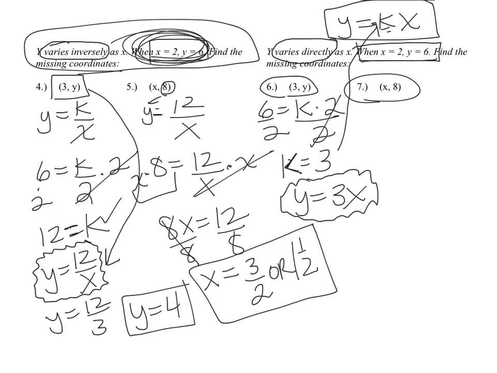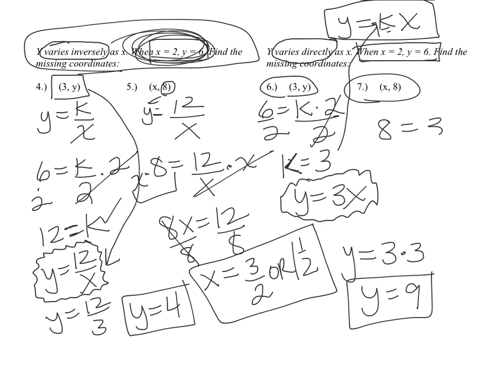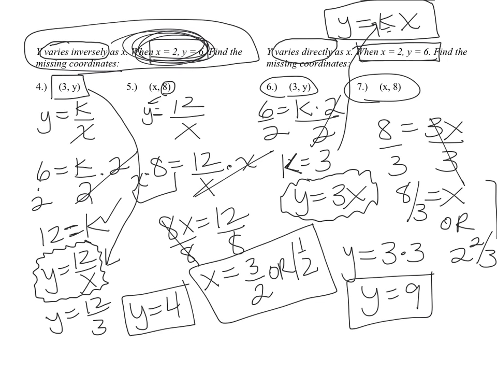So now take the 3 for number 6. We're going to take the 3 and put it in for x, right? So I'm going to say y equals 3 times 3. So you get y is equal to 9. And now I've answered the question. Number 6, the answer is y equals 9. For 7, we're going to take the 8, put it in for y, and solve for x. So we're going to say 8 equals 3x. Divide both sides by 3 to get x. Again, you have a fraction. So you get x equals 8/3. It's already simplified, or you can say that is 2 2/3. And that is the answer